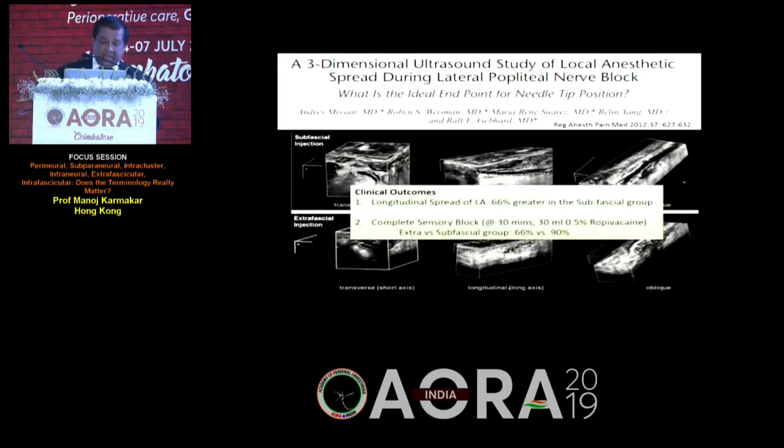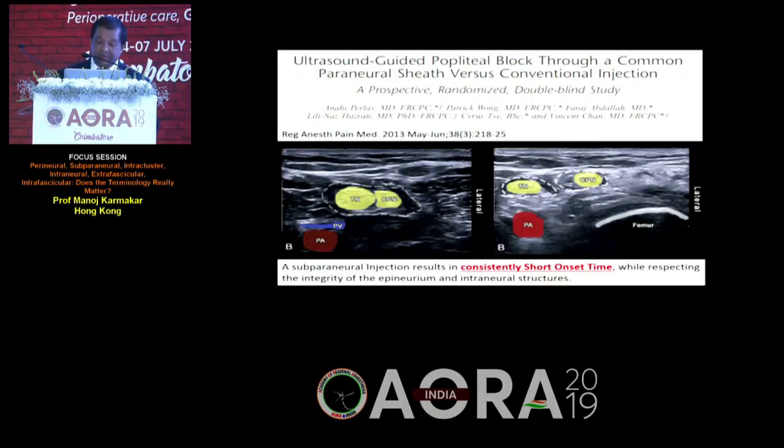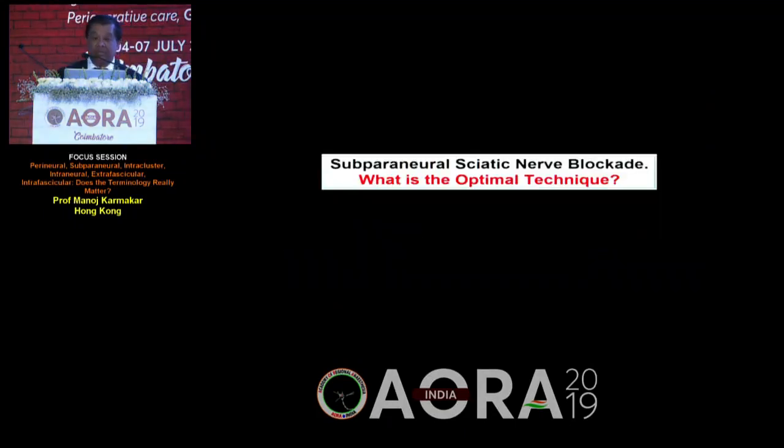Clinically, there is a greater longitudinal spread, and the complete onset of sensory blockade is much faster in the subfascial as opposed to the extrafascial group. Other researchers have also demonstrated that subparaneural injections produce significantly and consistently shorter onset times of sensory motor blockade. So the next question is, if this structure is so closely opposed to the nerve, what is the optimal